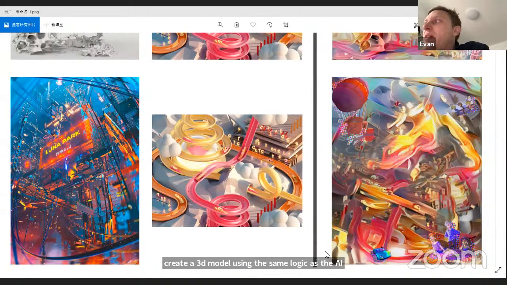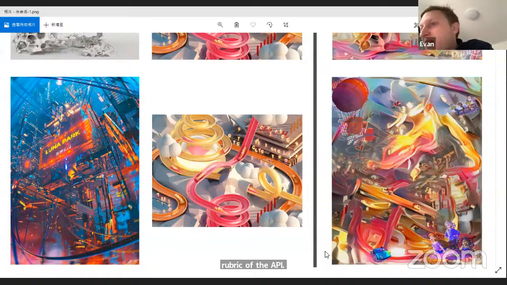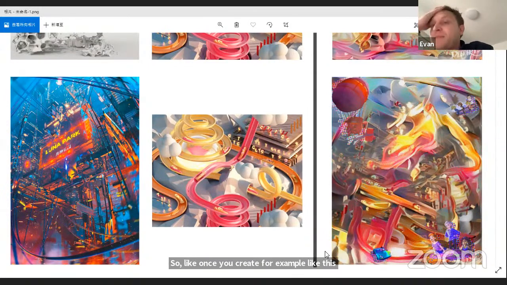And that becomes a way of you getting around the fact that you're basically taking an image and going straight to model. All I'm trying to encourage is that you try and find some sort of intermediary process that allows you to very coherently make and create space using the rubric of the AI algorithm. So once you create, for example, a city plan from something like mapped grids, you can